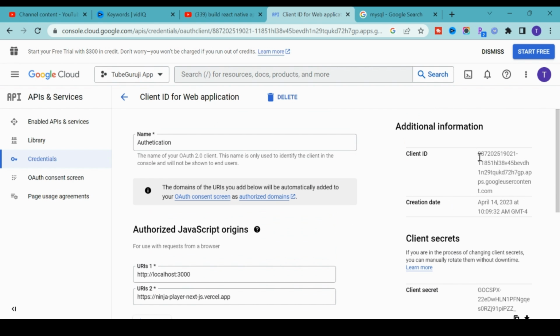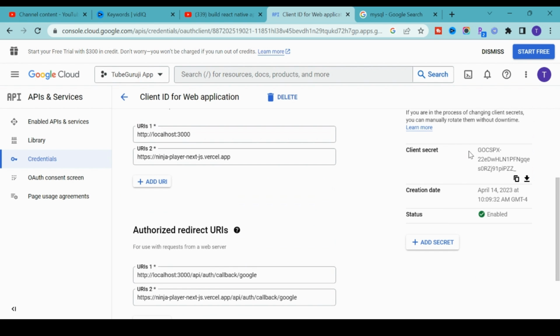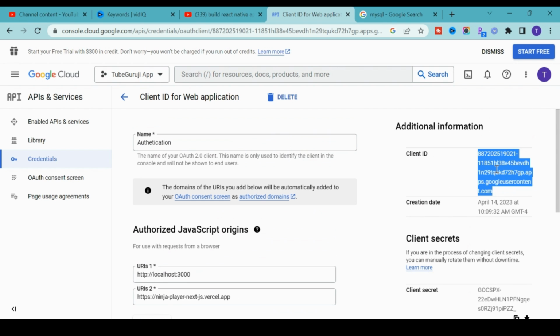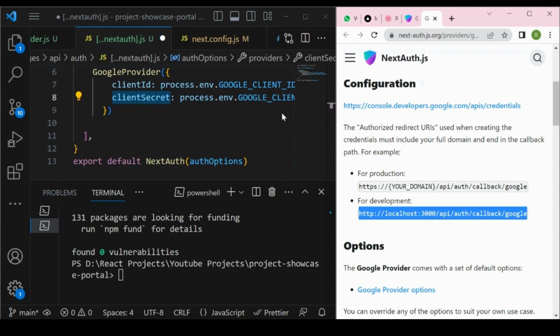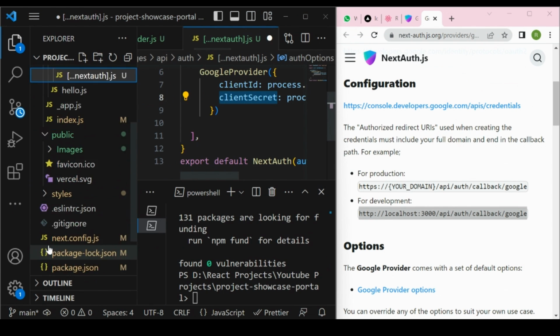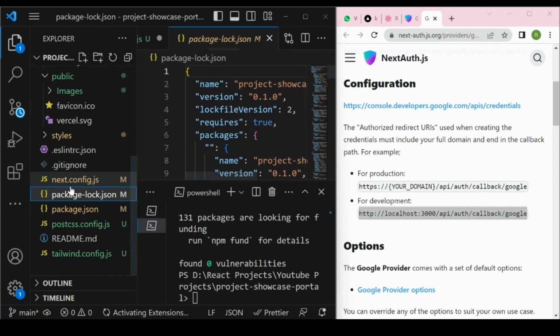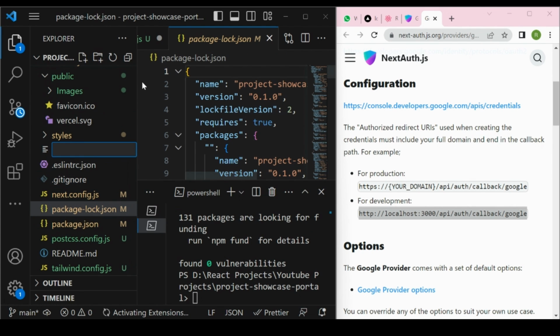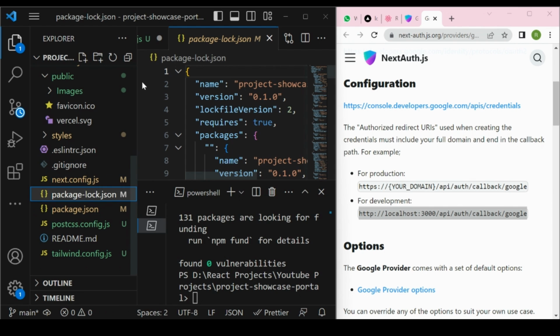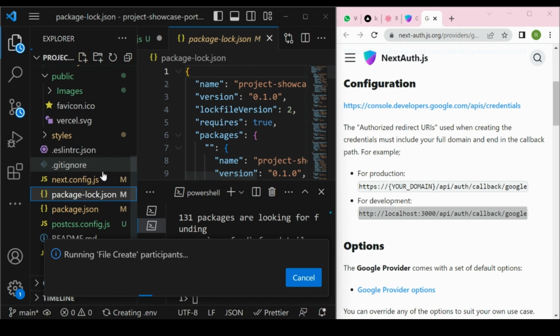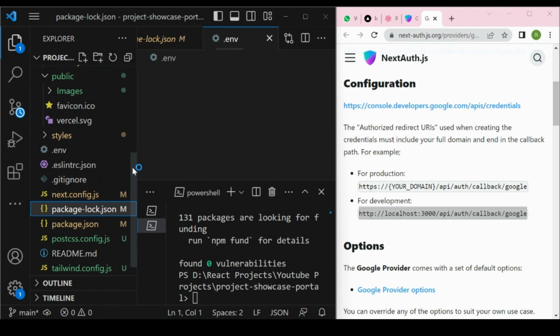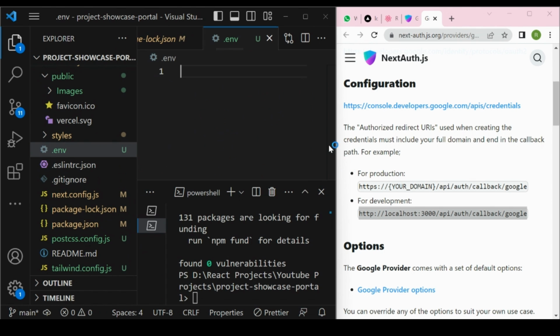Now here you will find the client ID and this client secret key. I will copy this one and go back to the project. In the root folder, create a new file called .env. Make sure you put all your important keys and any secret keys in this file, so that once you deploy, it will not be accessible to anyone even though your project is public. So the file is created, and here I will paste the